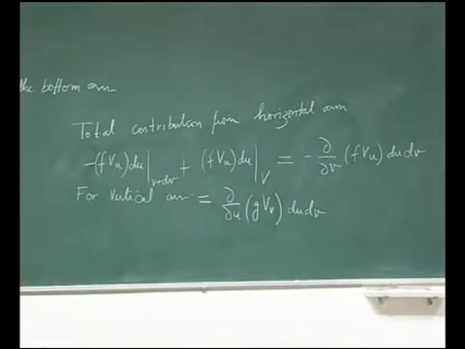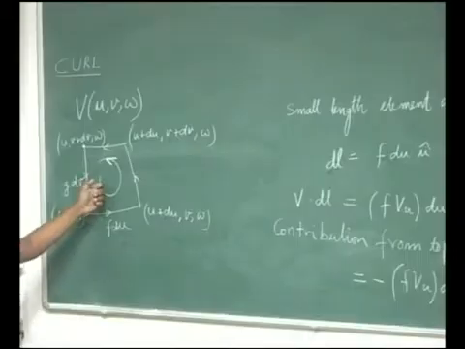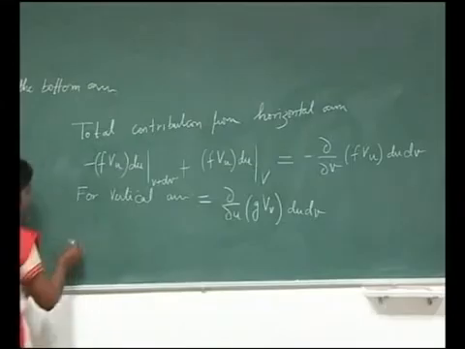From the same analogy, I can write for the vertical arm this would be this. So I can write that for just this loop, only for this loop, V dot dl